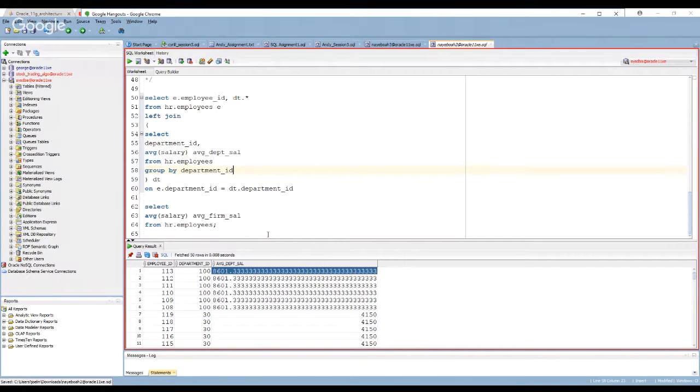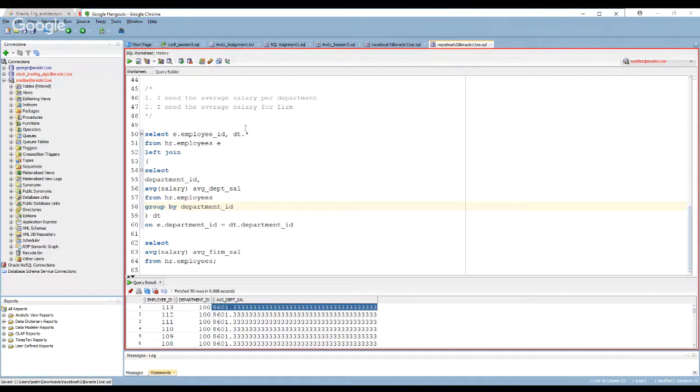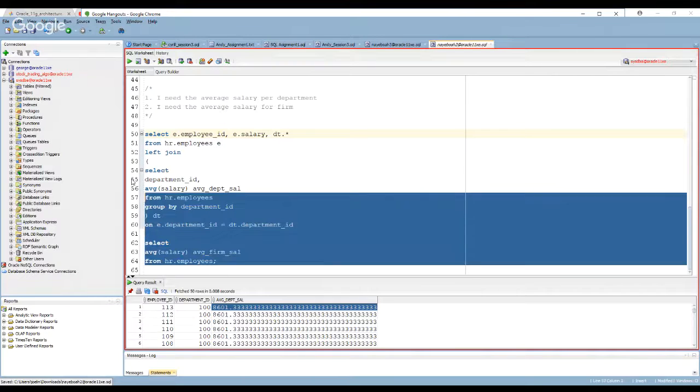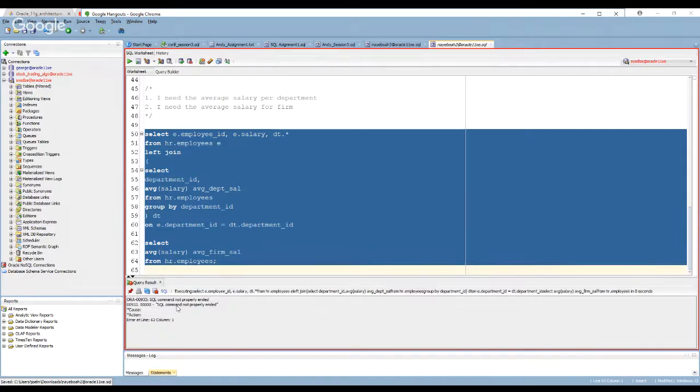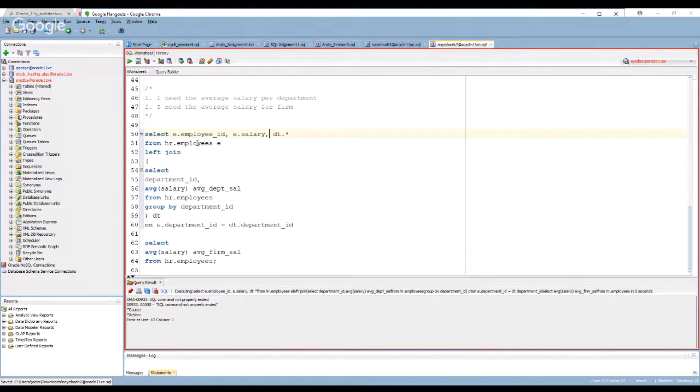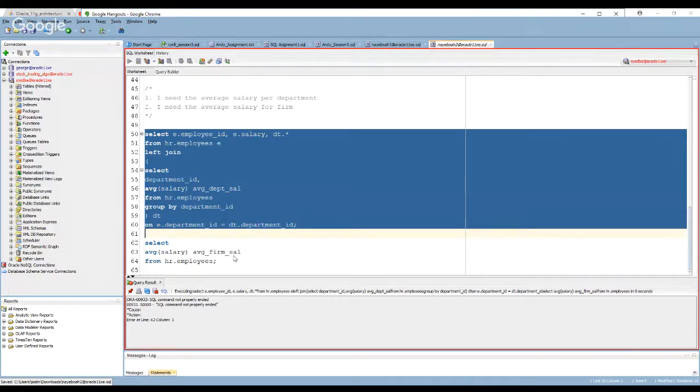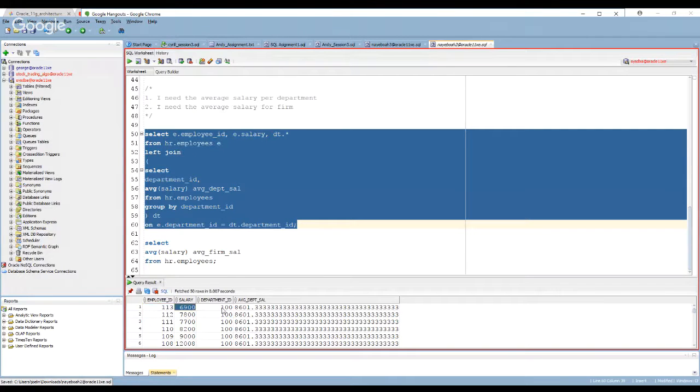But our first objective here is, guess what? Let's find for every employee how much they're making relative to the average in the department. So let me go grab E.salary. Okay. Now, what do I have? Sorry, I've typed something wrong. E.salary. And I missed my semicolon. That's why. All right. So I have the employee, their salary, their department, and the average salary in their department.